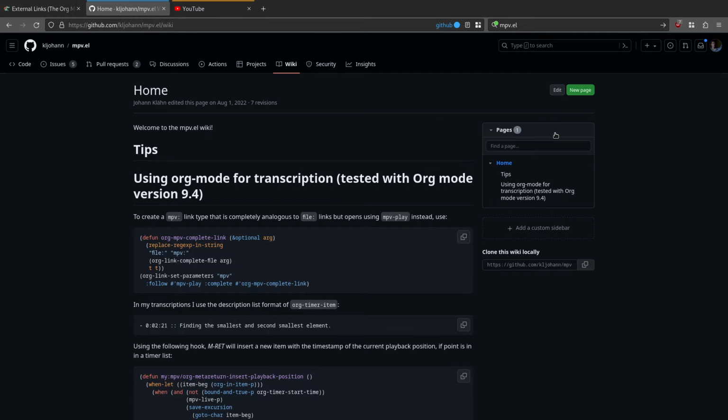Now, the mpv.el package for Emacs allows you to control MPV over a socket using Emacs, and there is a bit of code that creates an MPV link for org mode that replaces the default file link so that you can use it with local files. You can create a link with an MPV prefix for a local video file and it will open the video with MPV. But there isn't a bit of code for an external file,